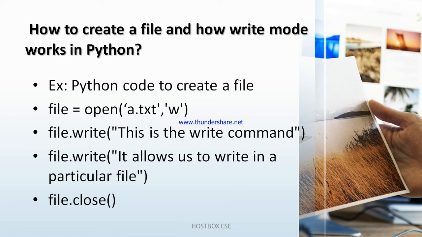For example, I am going to write file = open('a.txt', 'w') to write the information. Assume that I am going to create a new file where I want to write information, so we can use the write mode here. So I write file.write, this is the write command, and on another line I write another one. It allows us to write in a particular file. Then I give file.close. Like that you can write a file. So what will happen if you execute is it will create a file called a.txt on the desktop or somewhere,